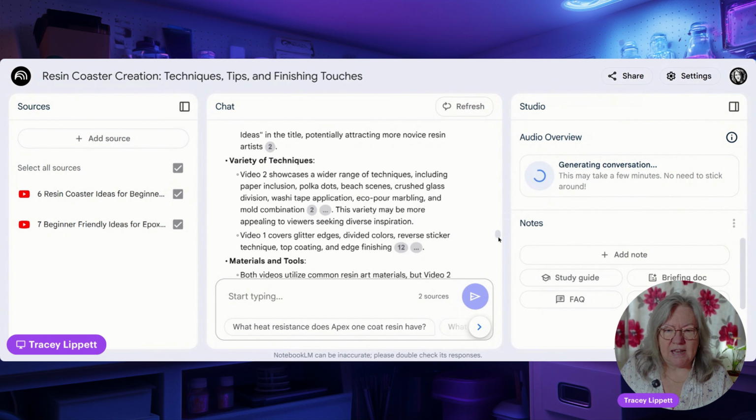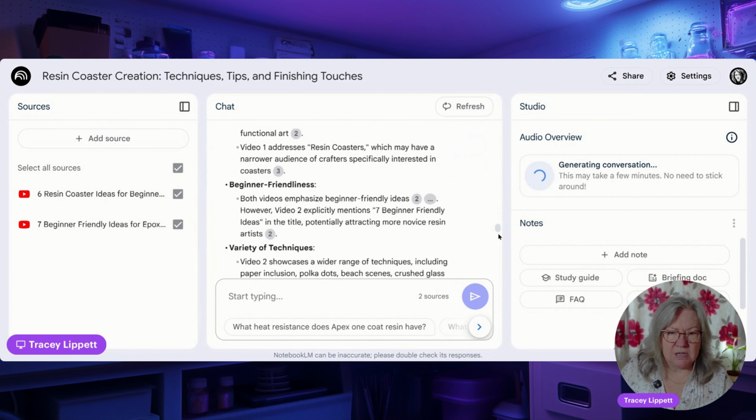That's a subtle difference, but it's picked it up. Variety of techniques. Yes. Now, last time I ran this through, I really thought this was a very good point. I thought I'd shown 6 techniques in one video, 7 techniques in the other. Yeah, that's one technique. But the big one, it's a wider range of techniques. I actually use different materials as well. So maybe it is that more variety is what's made a big difference, because I've watched them back yet again and it's right. Scary, isn't it?